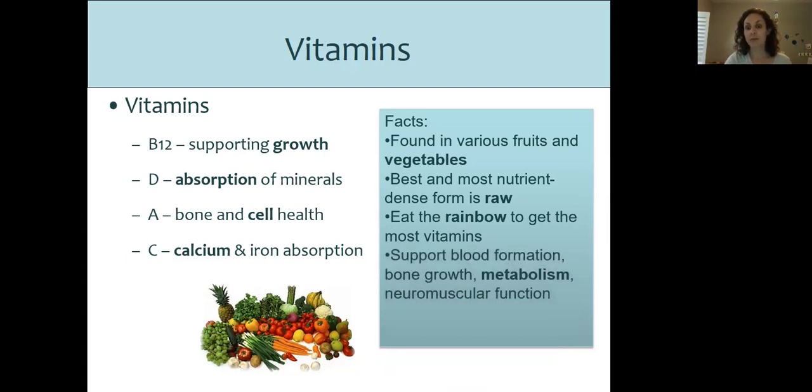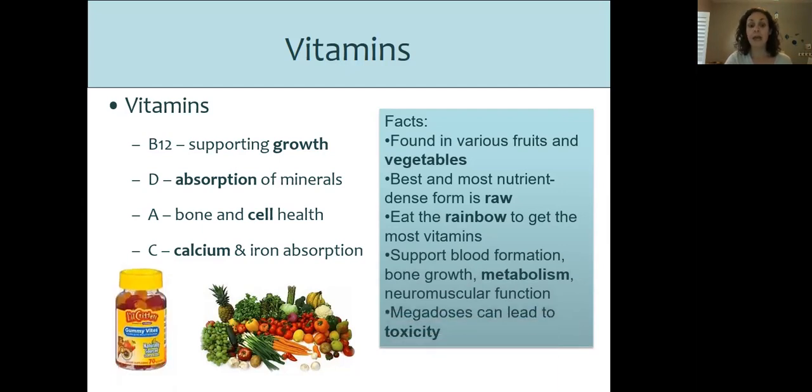And vitamins support blood formation, bone growth, metabolism, neuromuscular function, basically so many things that our body needs to stay regulated and healthy. And mega doses can lead to toxicity. So vitamins are something that we need in micro doses. Taking more than the recommended vitamin,